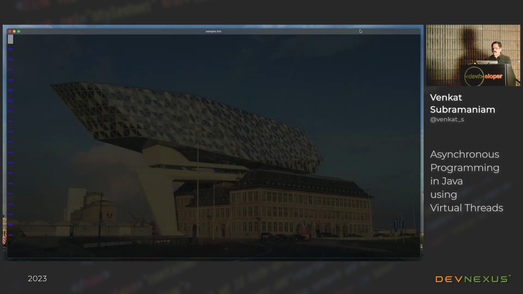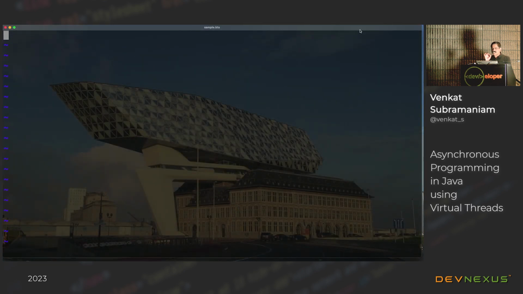So I'm going to quickly show an example in Kotlin just to illustrate this point. I'm going to call a run function right here, and then ask it to execute task 1, and then task 2.